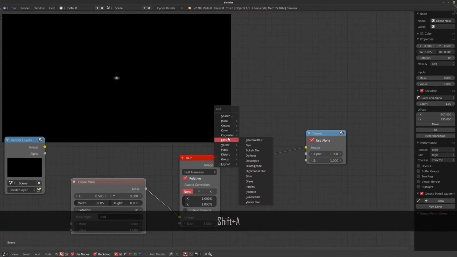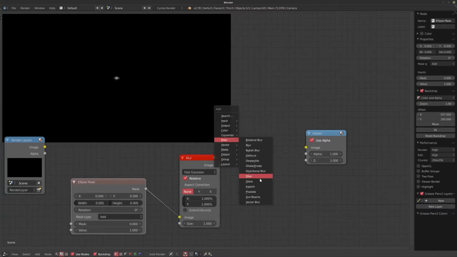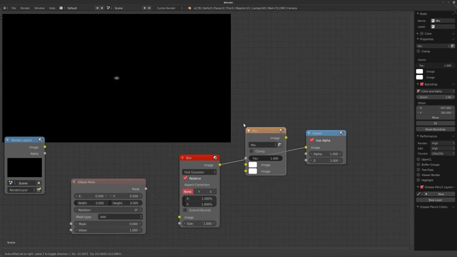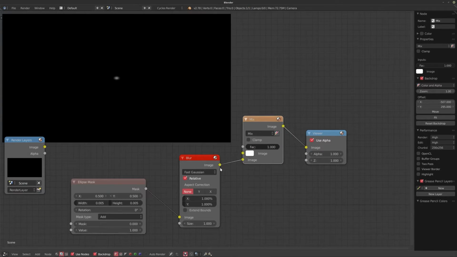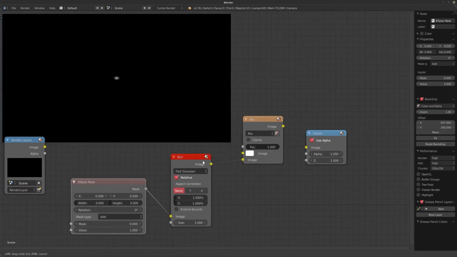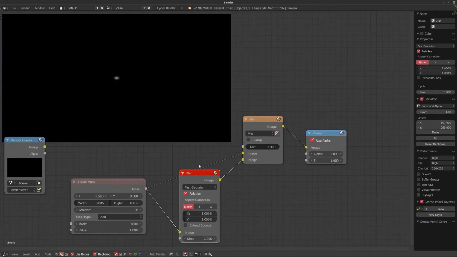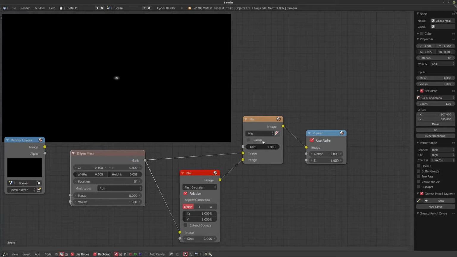Now, what I need to do actually is bring in a color mix. So that way we can actually mix this blur back into the original, and we still have the little highlight in the beginning. So I'm going to set this to add, and that way we see we have the little white dot. I hope it's visible, but I'll zoom in in just a second. We have a little white dot and a little blur around it, which is really nice.